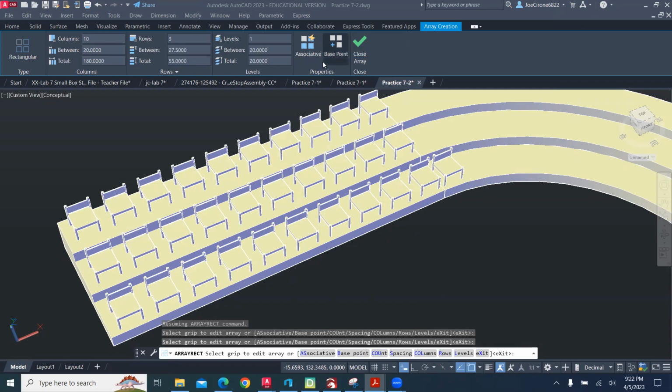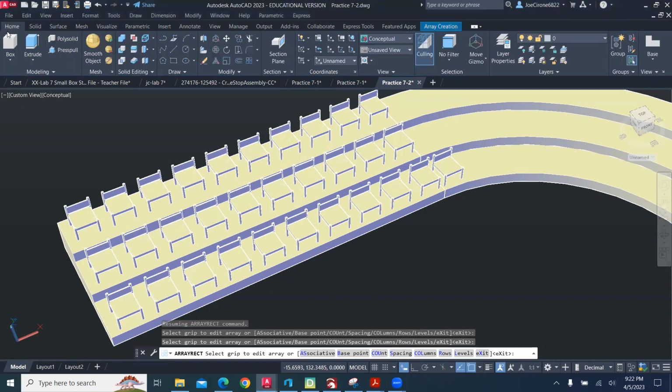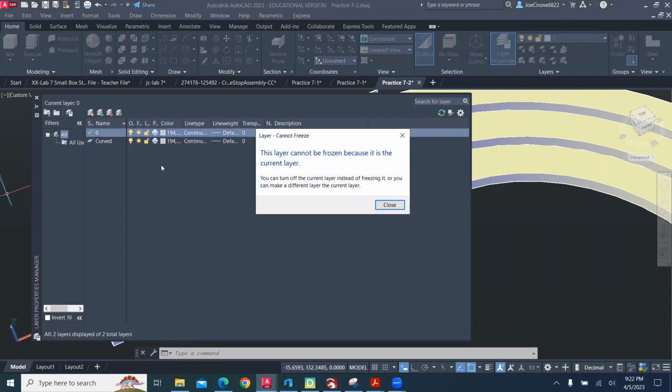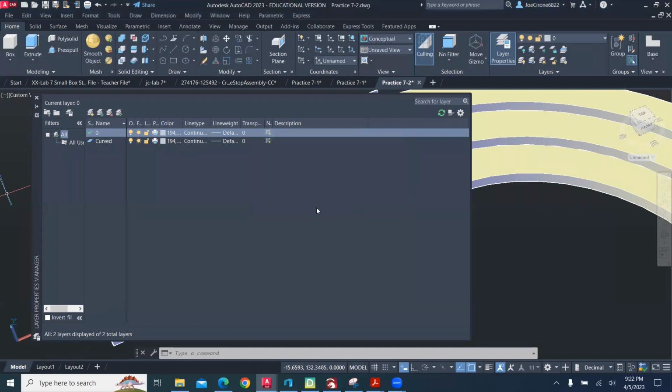Increase the current layer. So we're going to come over here. What I usually like to do, rather than navigate around in the 3D all the time, I'll oftentimes put on toolbars for the properties and things like that. So it doesn't tell me to change to a different layer. And the curved layer is on. So I'm not sure if this is just something that